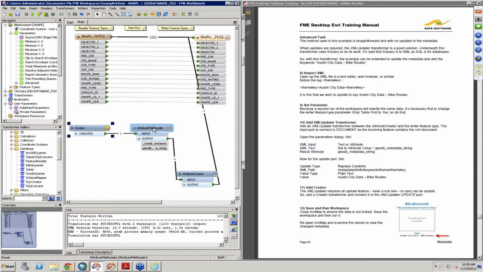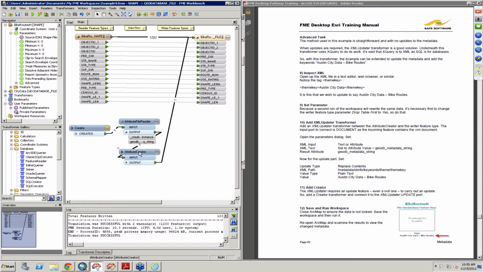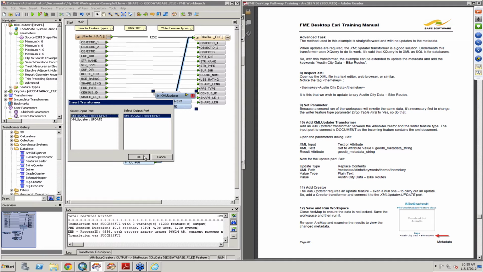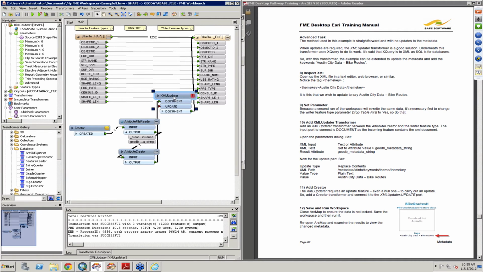So now in here we have our creator. We've read in our data, told it that it is metadata. Now we want to update that metadata. So I'm going to drop in an XML updater. Okay, so in the XML updater,